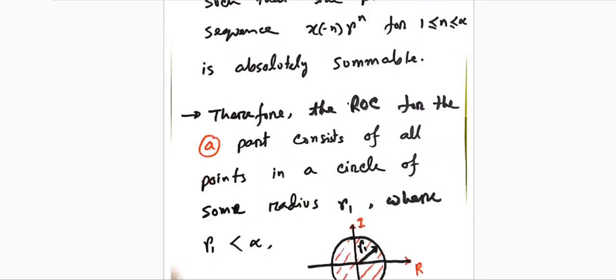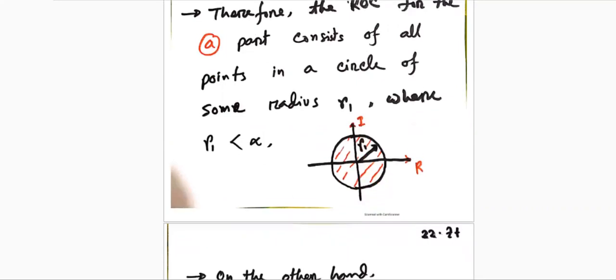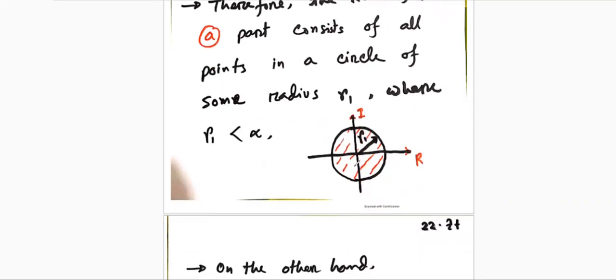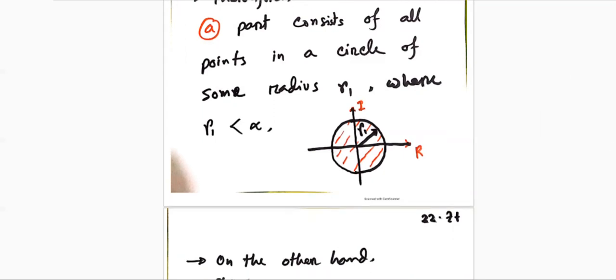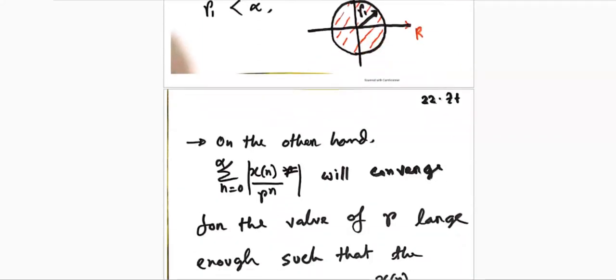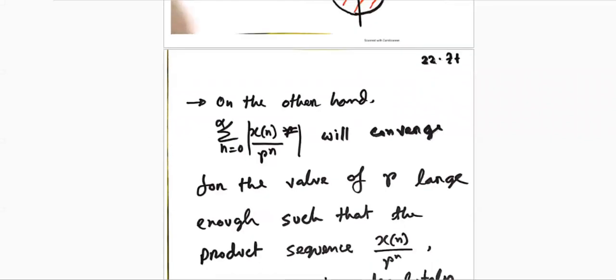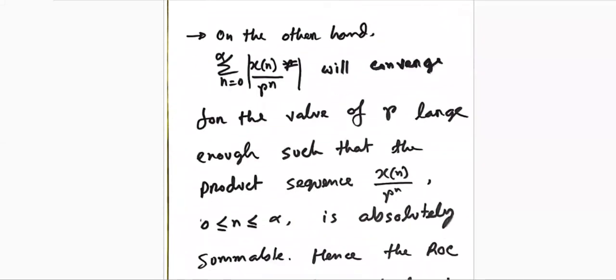Okay. So I have actually talked about this with graphical representation, where I have mentioned that the highest value of R, let's say, is equal to R1, and the interior of that is the solution for this kind of sequences. That means for the left-sided sequences. Now, if we consider the right-sided sequences from n equals 0 to infinity,